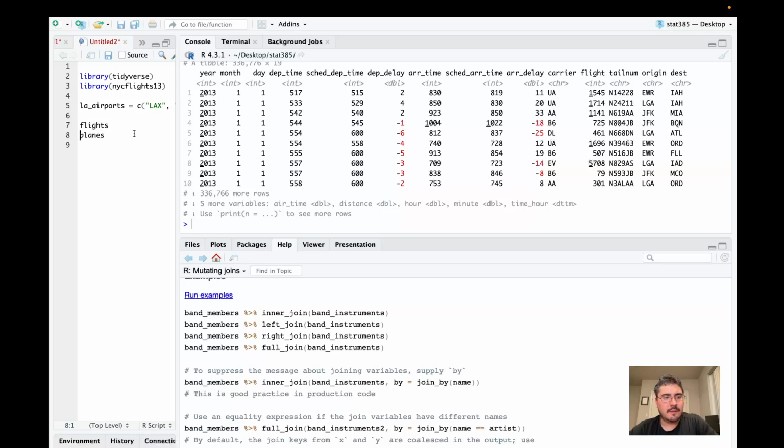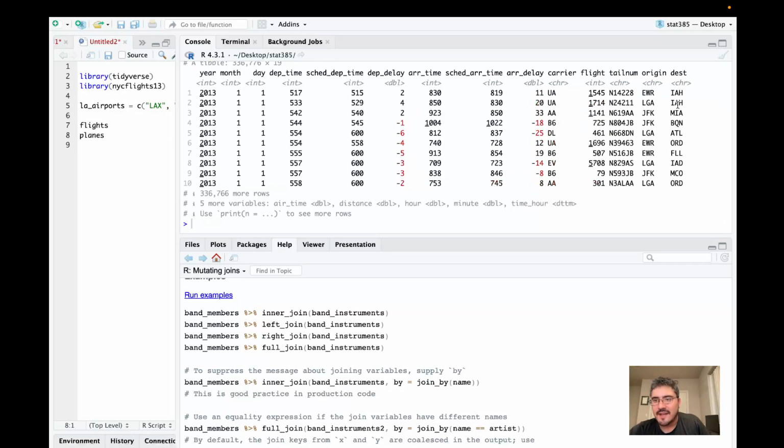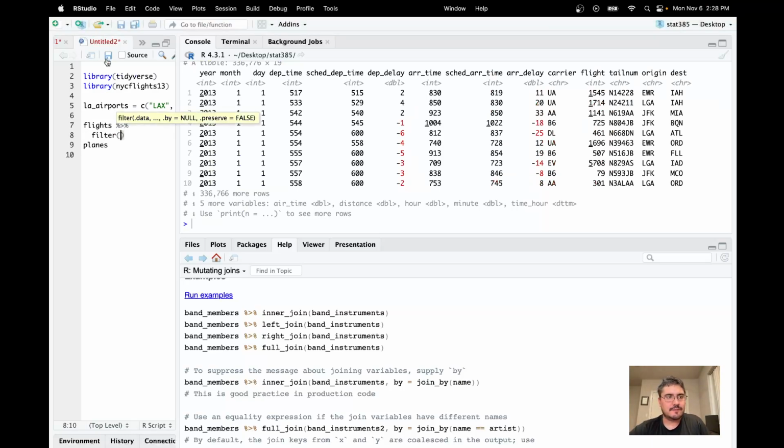Okay, so planes has a tail number and a year and has manufacturer. Okay, so let's see, flights, and then I have destination. So I want to do, first of all, filter